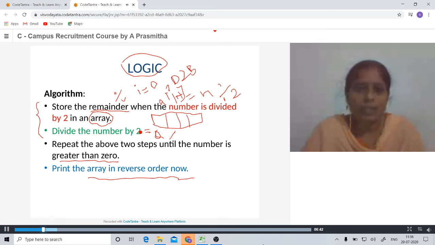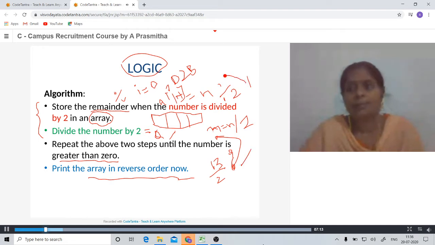After that, the next number must be number divided by 2 so that we get the quotient. As we said, 13 divided by 2, the quotient was 6, so 6 is stored in the number, and the remainder was 1, which is stored in the array.